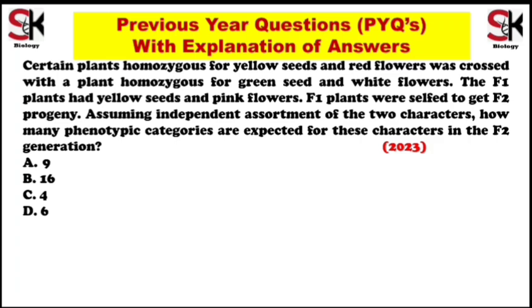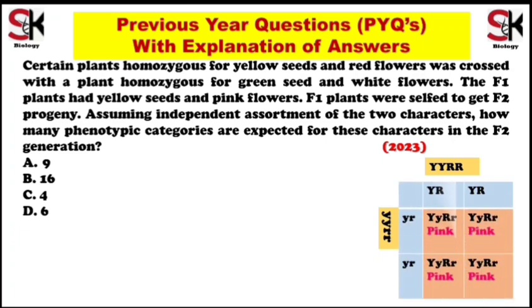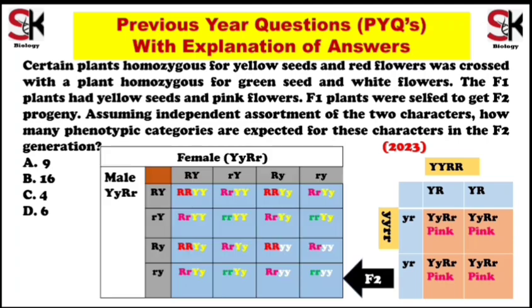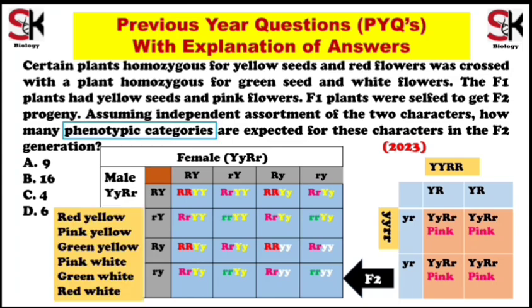So in F1 progenies, we are getting pink flowers because of incomplete dominance. If we go for F2 cross, we will get different phenotypic categories than that of standard Mendelian dihybrid cross. So here we can see that phenotypic categories found in this F2 cross are 6. These are the 6 variations, and answer to this question is D,